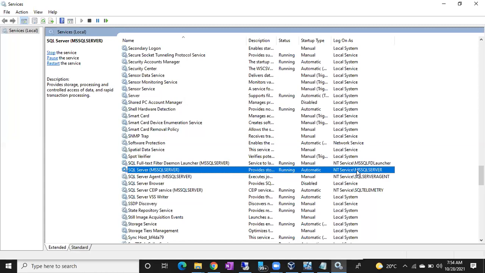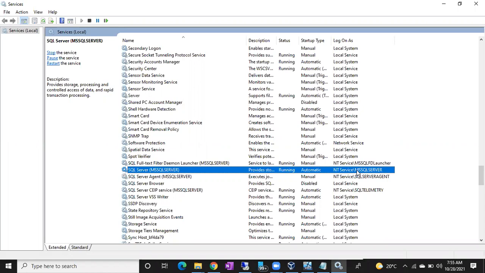Who is going to read the data from the disk on behalf of SQL Server? Who is going to read and write the data from the disk to the disk, guys? NT Service MSSQLSERVER, sir. Yes, your service account will read and write the data to the disk and from the disk.